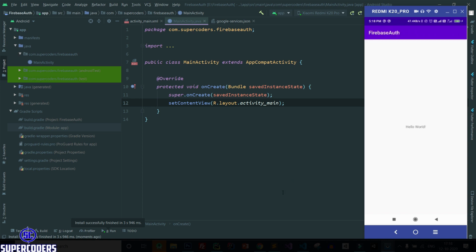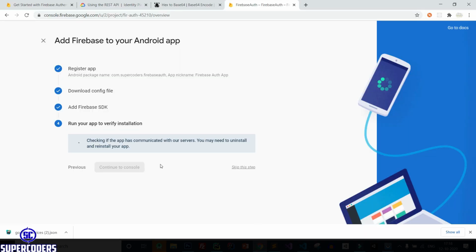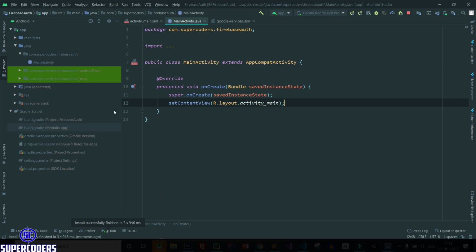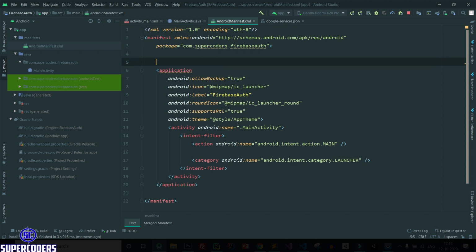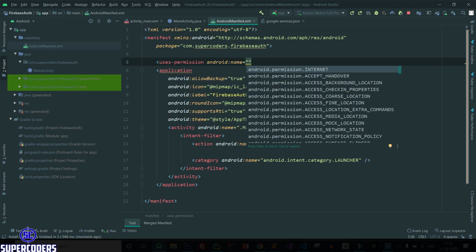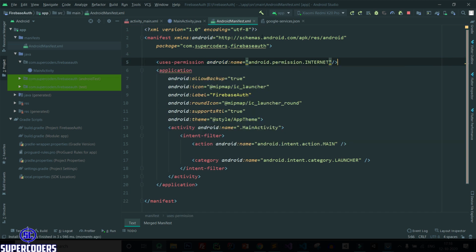Let's see one more thing. Back to Chrome and check does it communicate with Firebase server or not. So wait until it get communicated with Firebase server. And here one thing I missed, which is internet permission. So I think it will not work. Uses permission internet. Now it will work.